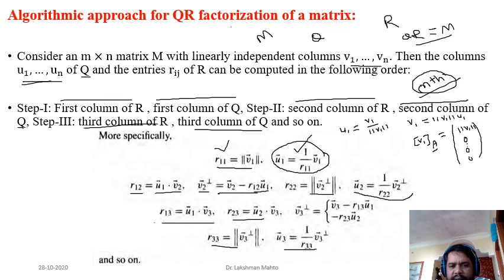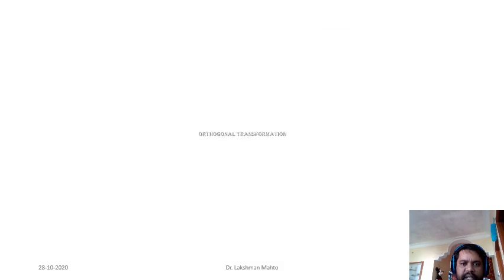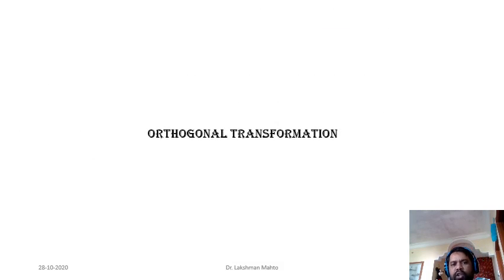First you try to find the entries of R. In that process you are then also getting the entries of Q as well. So that means M is already given here. You just need to get the entries of R and Q. So that is the process. It will keep on going until you get every entry of these two matrices. So that is the algorithmic process.